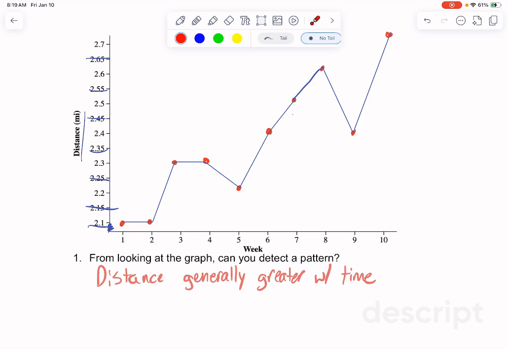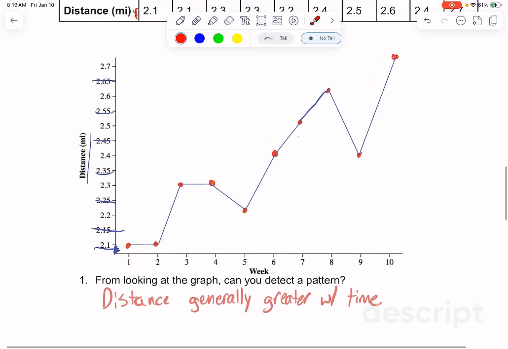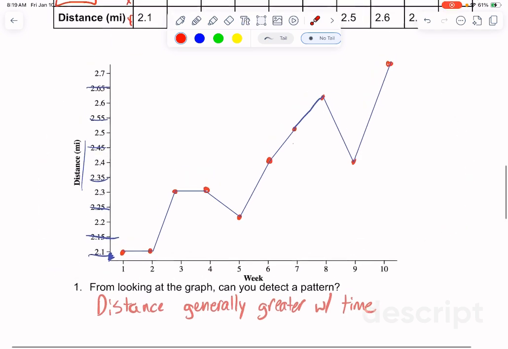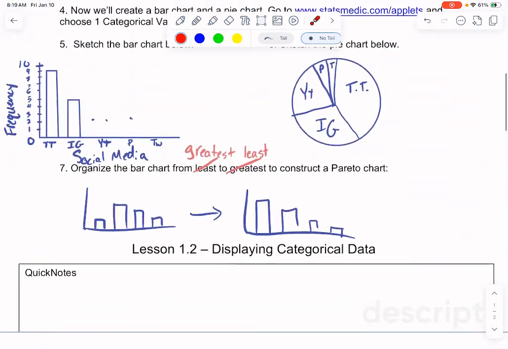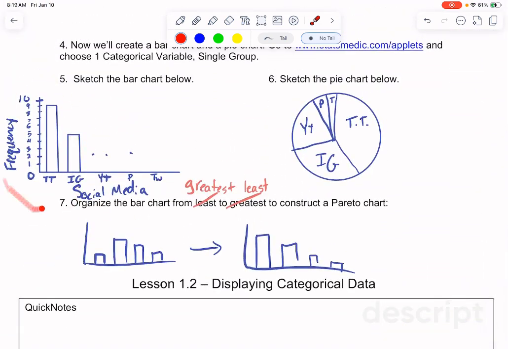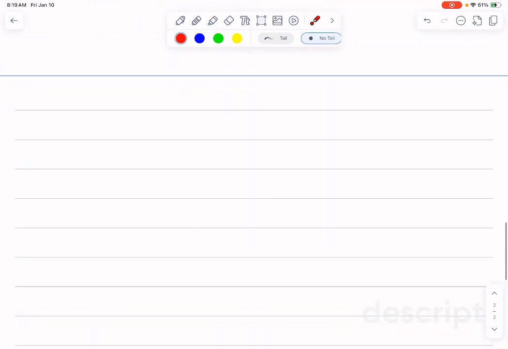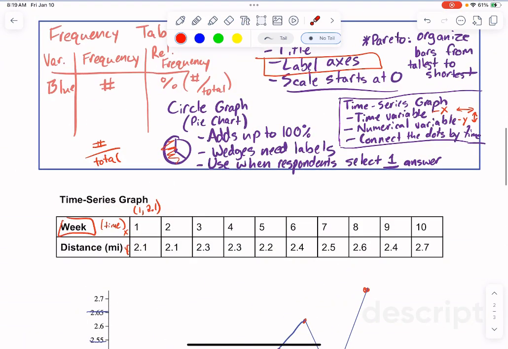This one started at the 1st week, but if you start in the 40th week of the year, we could start at 40 here. So when we have numerical graphs like this, it is not as important to start at 0 as it is for the bar graph. We're going to see what happens with the bar graphs on Monday when we don't start at 0. All right. So that is your classwork for the day.